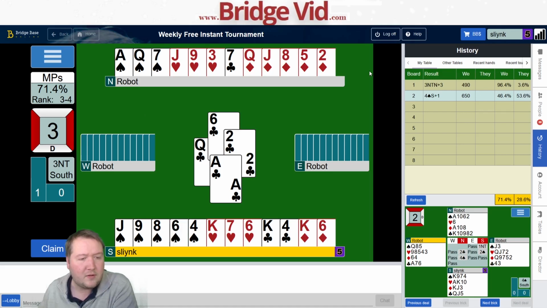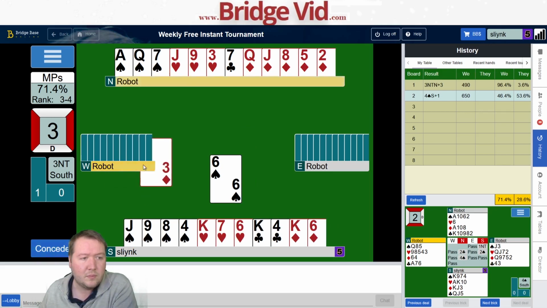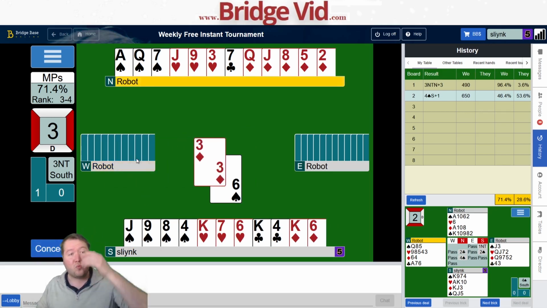All right, so winners-wise, I have 2 club winners and a spade. I could build a couple of extra tricks in diamonds or spades. I think we want to start by taking a spade finesse and then just work on diamonds from there. Oh, that's amazingly good news. It's going to be really awkward for 3 no trumps, but 4 spades tells me that will not be a good spot. Neither is 3 no trumps, but...